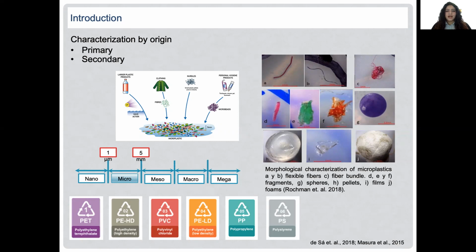Usually, microplastics are divided in five categories based on their size: megaplastics, macroplastics, mesoplastics, microplastics, and nanoplastics. Microplastics are usually mostly fibers, fragments, and spheres from personal care products such as scrubs and toothpaste. At present, there are more than 5,000 types of synthetic polymers, which makes their analysis complicated. The plastics most used in the world are polyethylene, polypropylene, polystyrene, polyvinyl chloride, and polyethylene terephthalate.